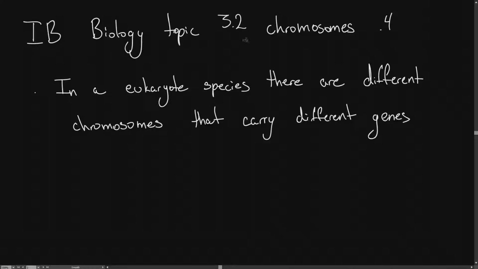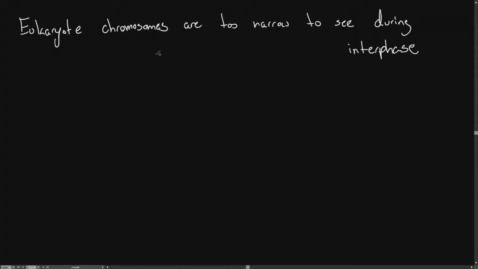IB Biology Topic 3.2 Chromosomes Point 4. In a eukaryote species, there are different chromosomes that carry different genes. In this video, we'll be looking at why and when we see different chromosomes under the microscope. Our first point is that eukaryote chromosomes are too narrow to see during interphase, although they become